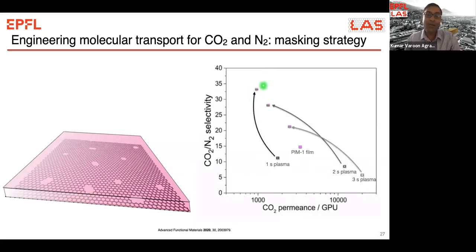This is quite attractive from the membrane perspective, because a selectivity of 10 versus 30, typically in the membrane literature, would be a very different material, right? And this is also very helpful for polymeric research, because several polymeric membranes which are just below a certain target area can be improved by using this strategy, right? This synergetic enhancement arises from the fact that we have now killed the direct gas phase transport, because the gases now have to adsorb on the polymeric domains and then arrive at the nanopore.